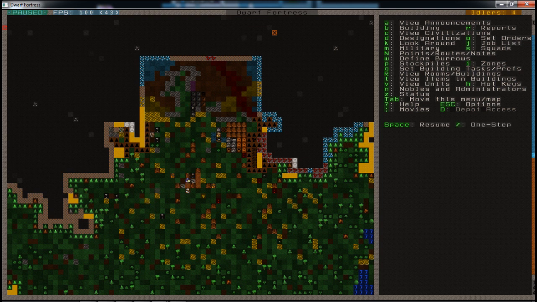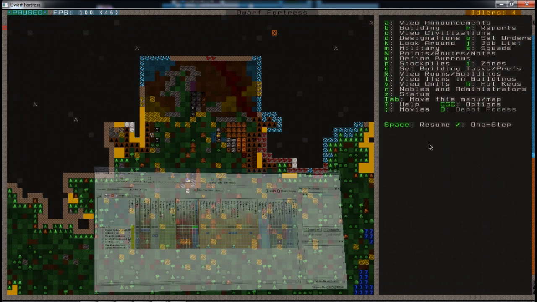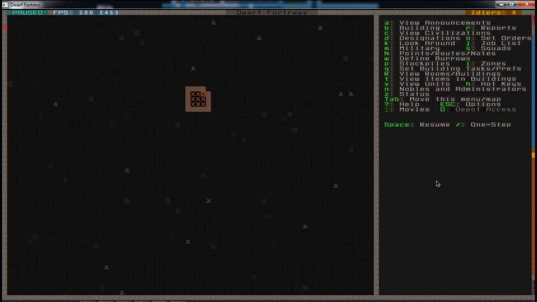So let's look at Dwarf Therapist real quick. We're going to refresh. It kind of tells you what everyone's up to. You can tell people are a little more content. Dwarves like to work. Oh, speaking of which, now that we've got a few layers down here. Well, they haven't gotten here yet. Anyhow,